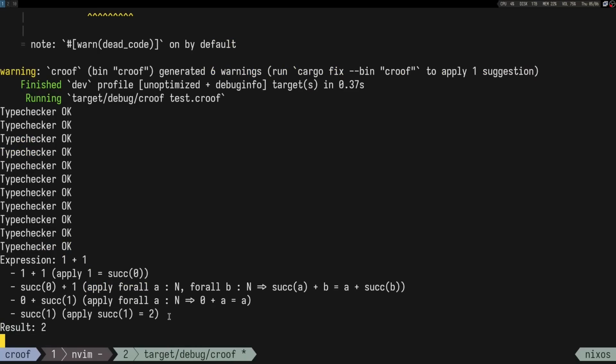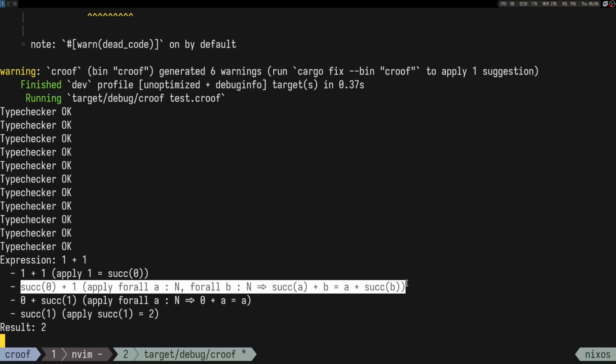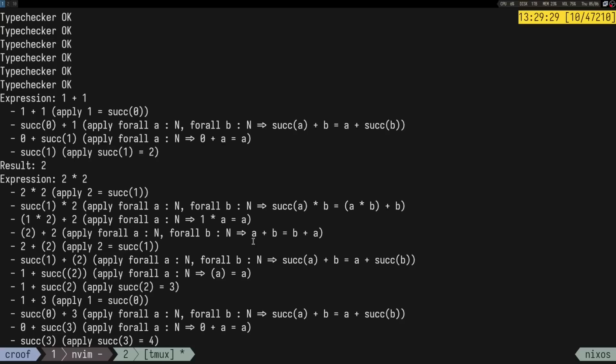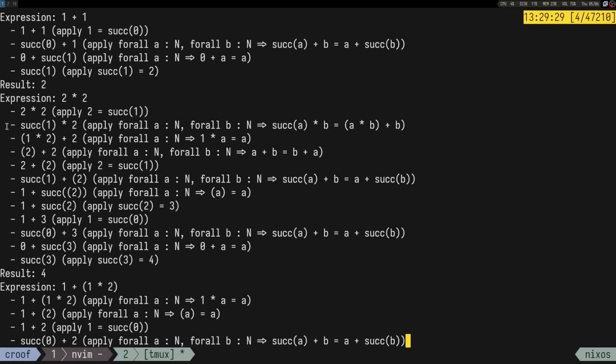So see, it gets it with the easiest approach, right? Even for 2 times 2 it's much shorter. So BFS actually gives you the shortest path, while DFS, I guess, gives you the first path it finds. So maybe that's kind of the difference between them. So here you can see that it applied successor 1,